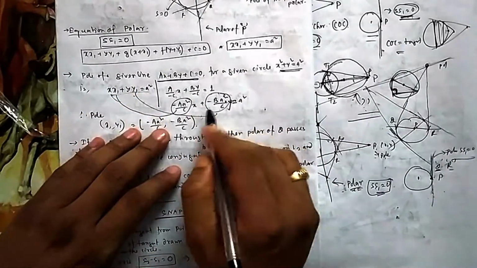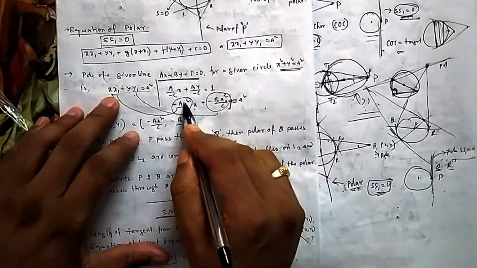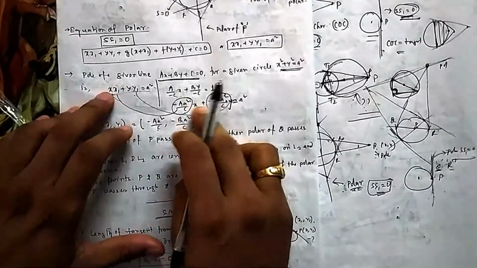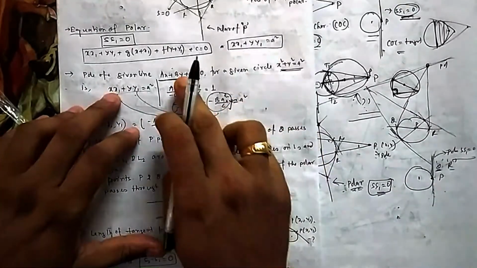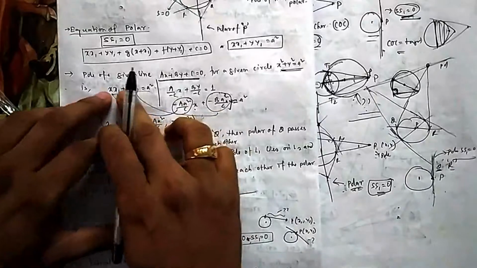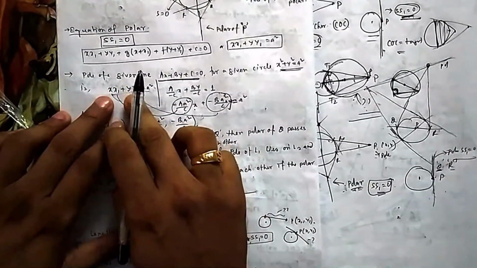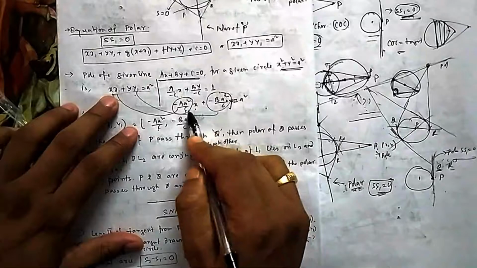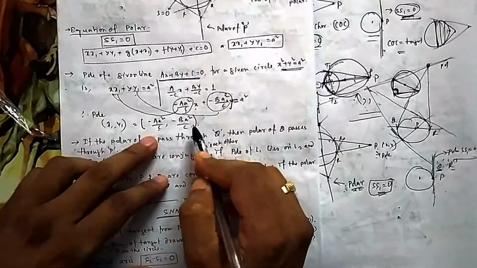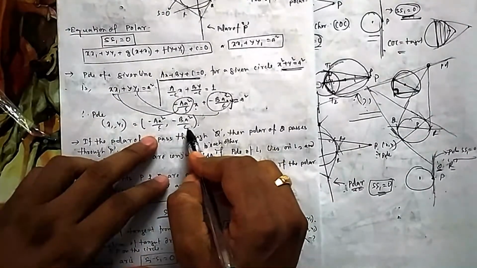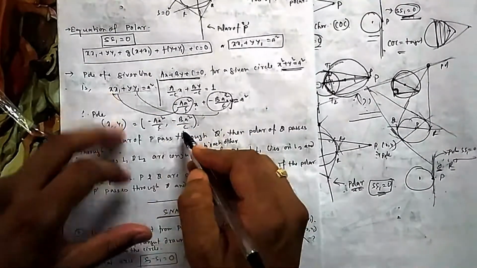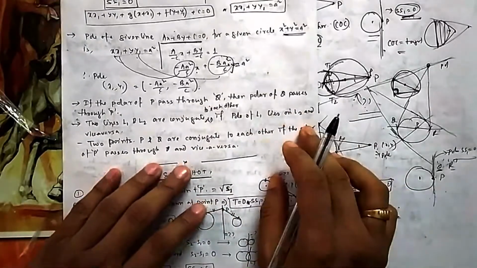Now you multiply both sides by a square. So you see with x, this is x1. So your x1 should be this. You match these two, because for it to be polar, it has to look like this type of equation. This is the condition for polar. So for this type of condition, your x1 y1 should be this. So this is the pole for this line. If you remember this one, you can draw it in the exam also, or you can remember it directly.